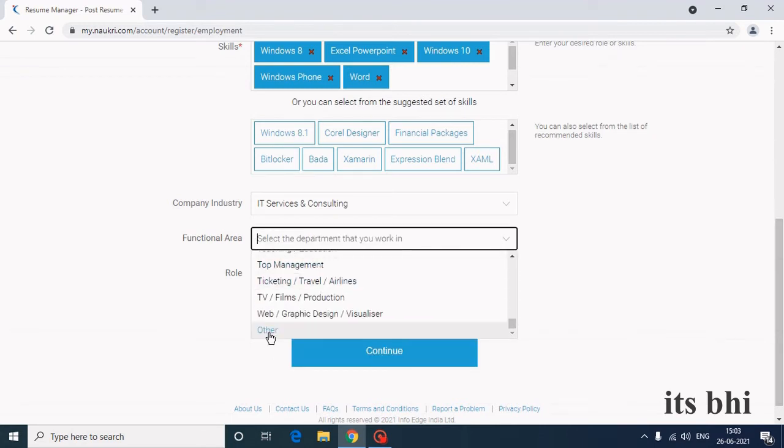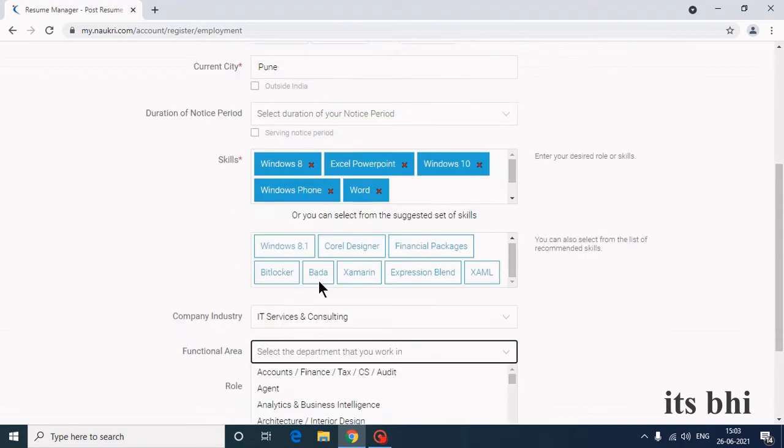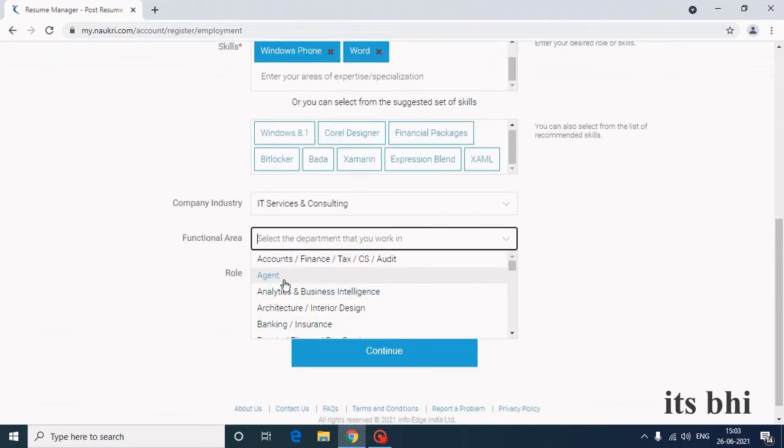If an option is not available, you can select the other option.